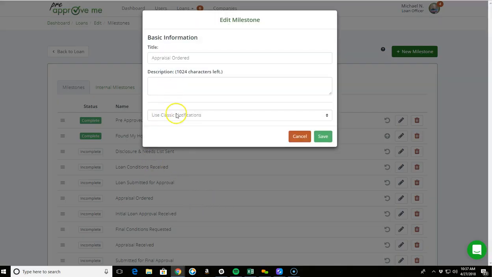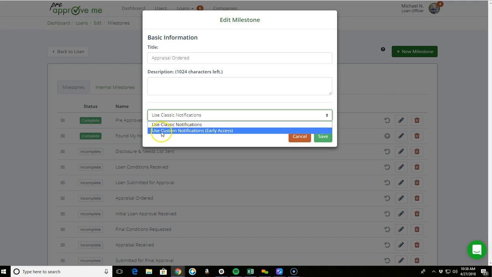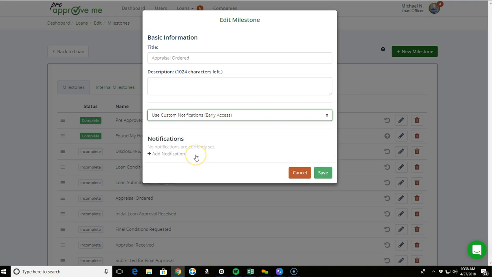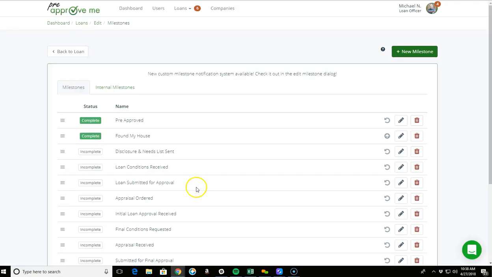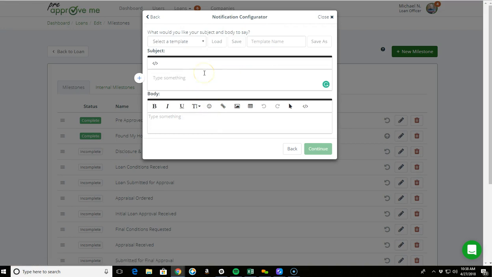Let me customize this template, and I'll use the drop-down menu to move from classic notifications, which is the default email template, default text message template, to our custom notifications template. Now what you can do is under notifications, click add notification, select what type you want to edit. So in this case, I'm going to say it's an email. I'm going to say appraisal ordered